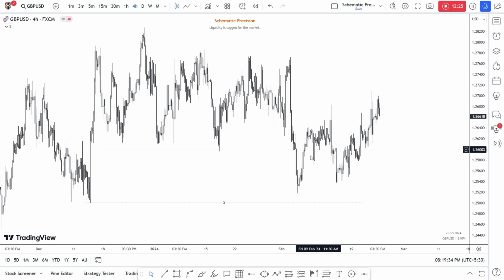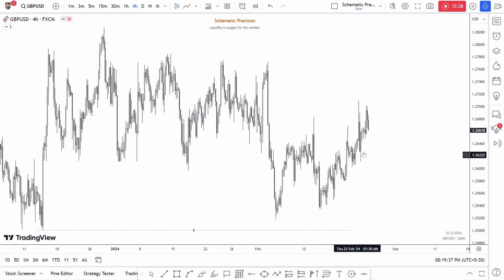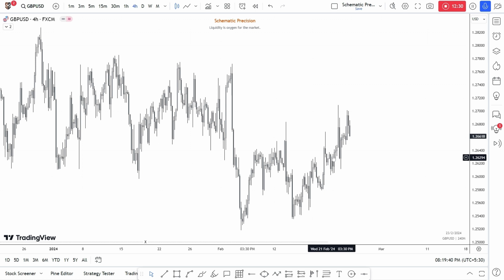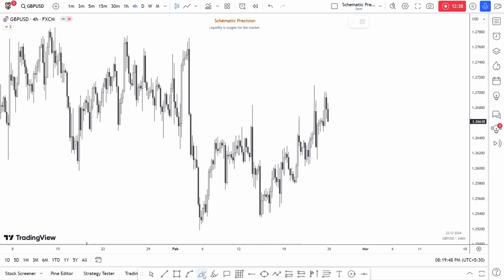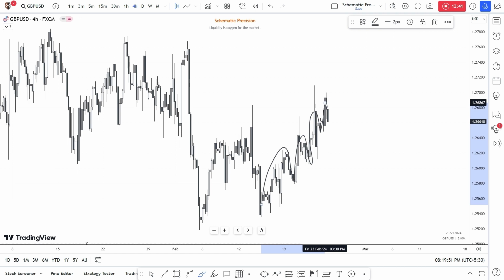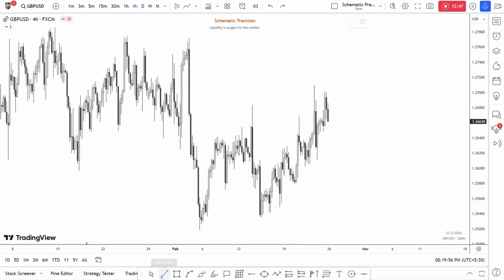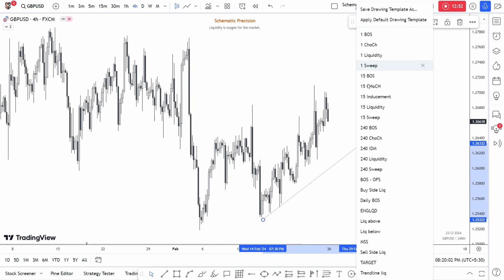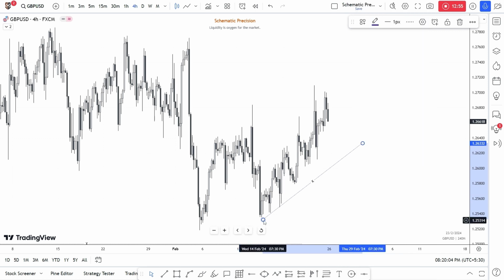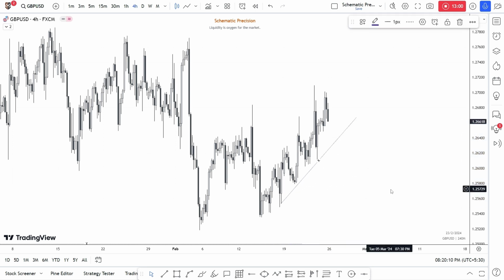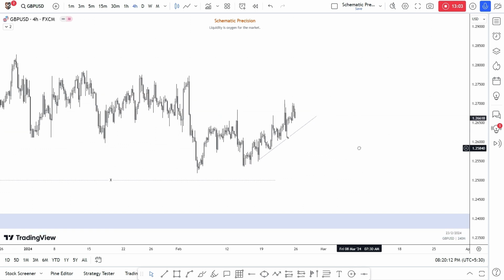So on 4-hour, last week we saw some crazy moves here, and in the last few days we have seen this extreme corrective pattern. You see, all this is a corrective pattern building liquidity on the sell side. So that is a good thing for us, as the market has been creating liquidity on the lower side, and we have our inducement as well on the lower side. So this can be a good thing for us.